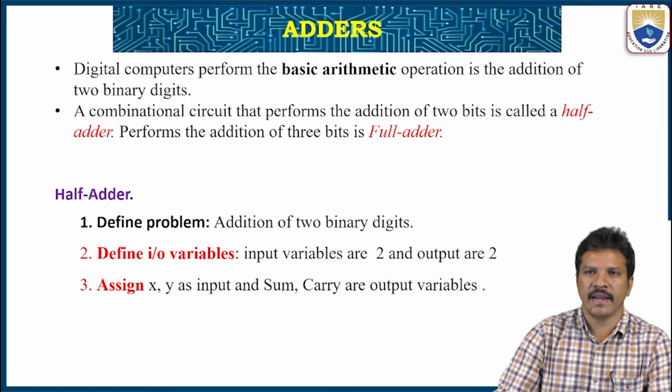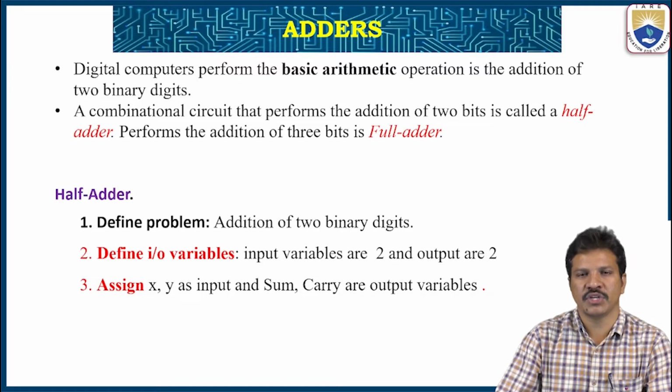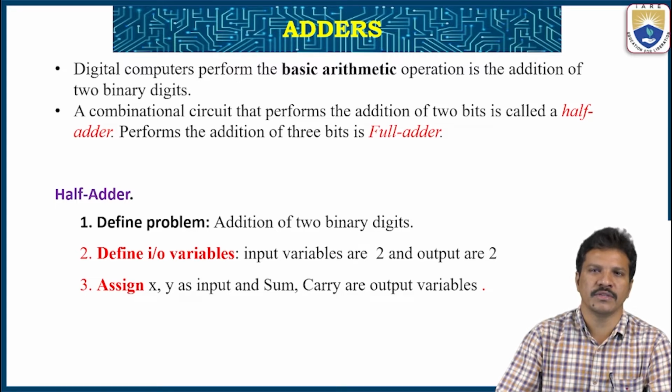If you want to add any 4-bit number, the 2-bit addition will give a sum and a carry. That carry is forwarded to the next MSB bit, where it will be treated as the 3rd bit. So in a full adder we can perform 3-bit addition. Now let us see how to implement this half adder and full adder by following those design steps.